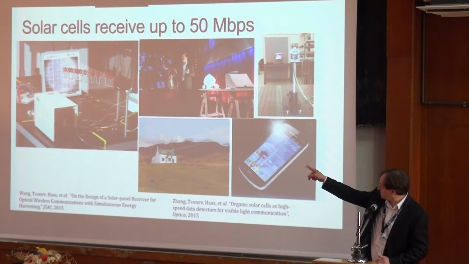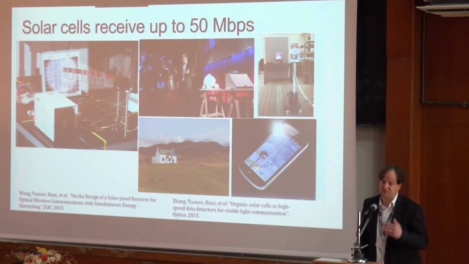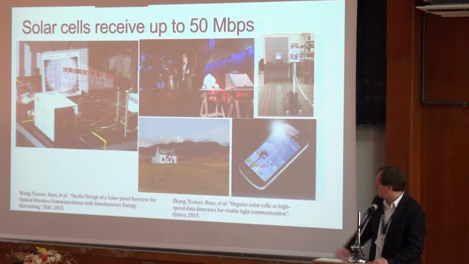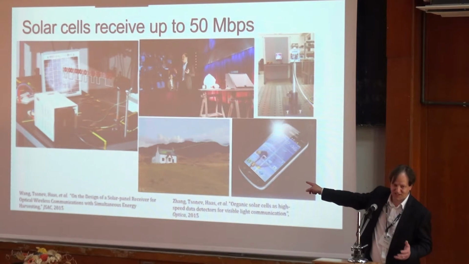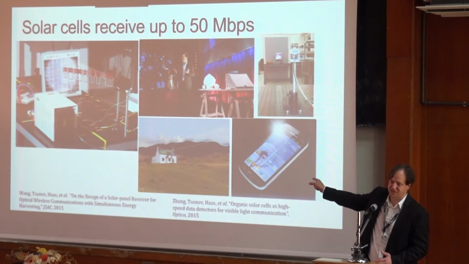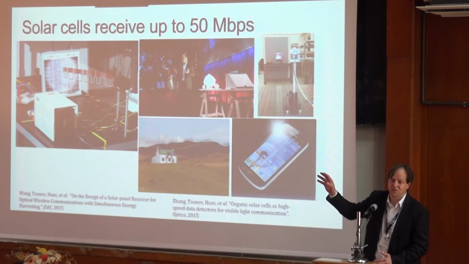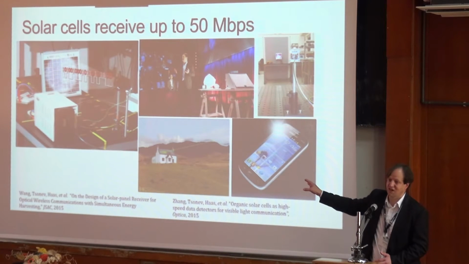And with that 30 by 30 centimeter solar cell, we've managed to achieve, again with OFDM and bit power loading, 15 megabit. With new LEDs, that's demonstrated at TED Global last year. And so the idea is that if you have your remote hut somewhere, you have a laser pointer, a laser station at a hilltop, and basically you distribute the internet to remote areas, to the roof of villages and houses.